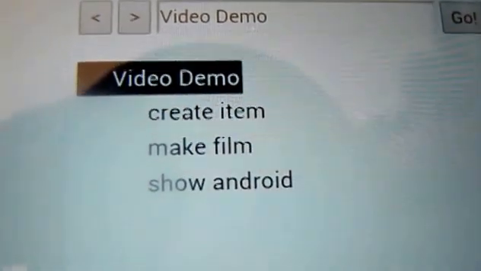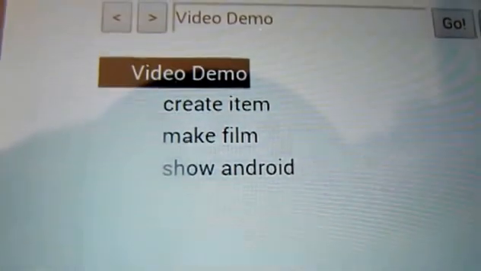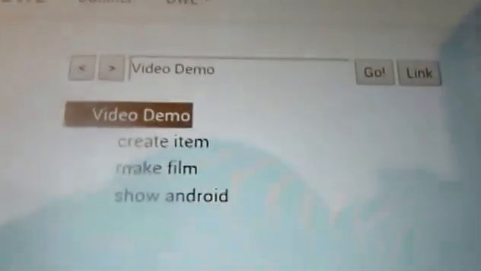If I click that, we go into the second page, the video demo page, and there are the items we just created. Create item, make film, show Android. I think we've done basically all those three things. Clearly we can edit the file here. It's a bit clunkier on the tablet, but if I was to